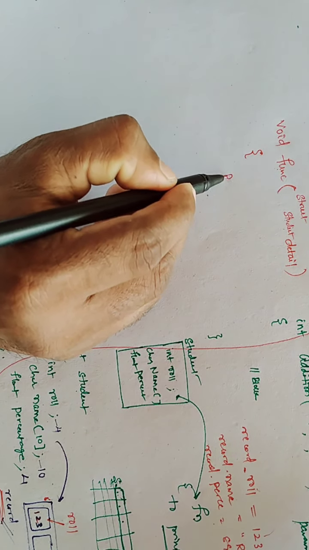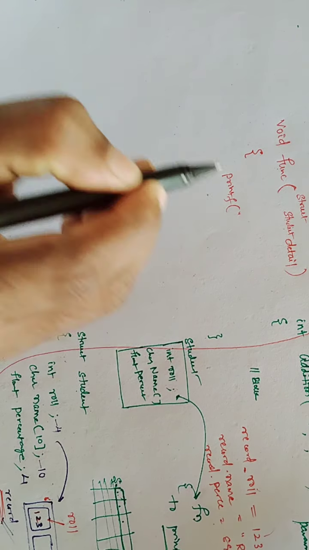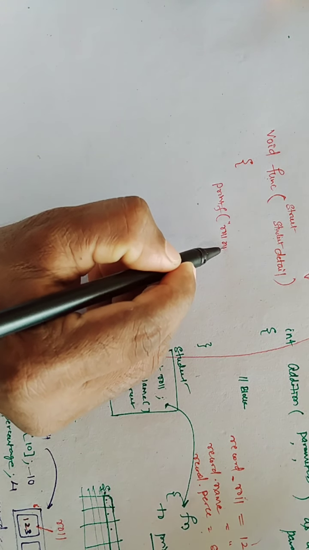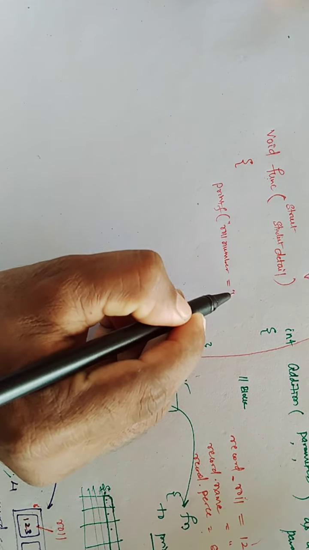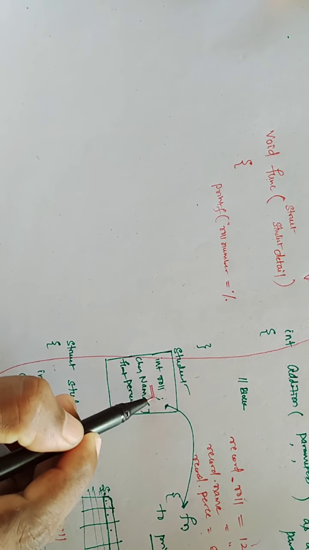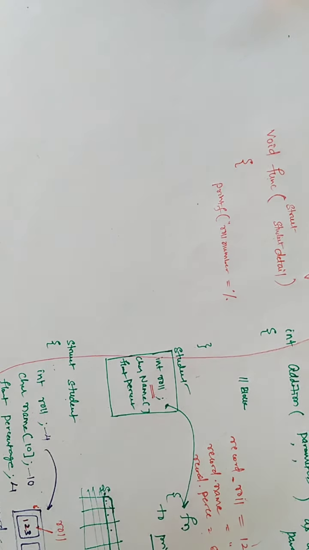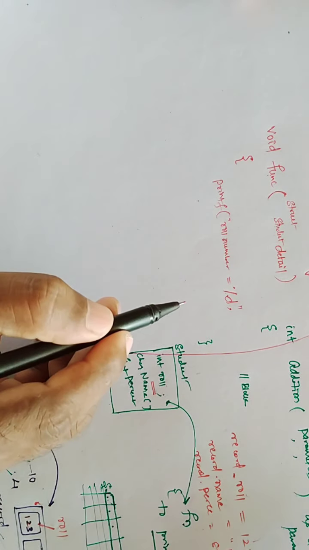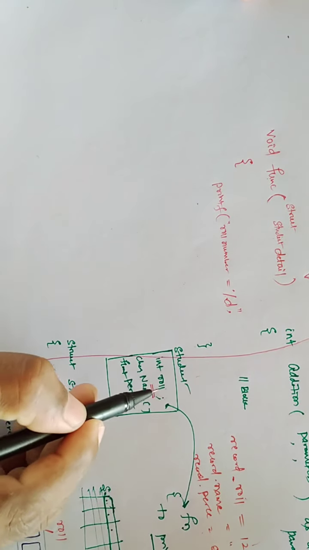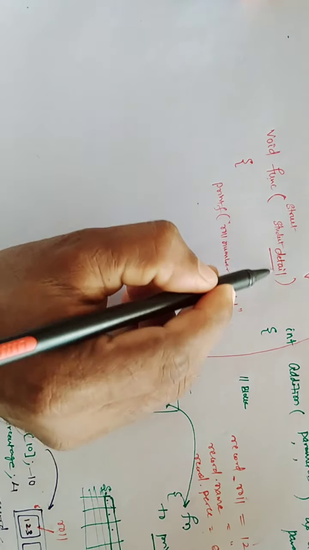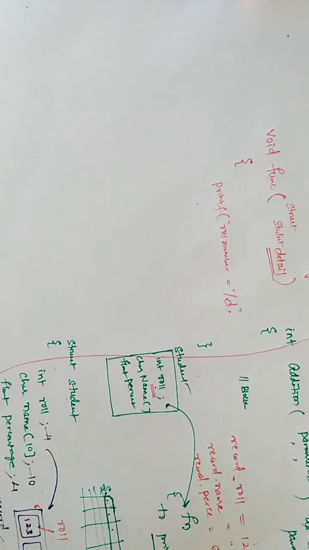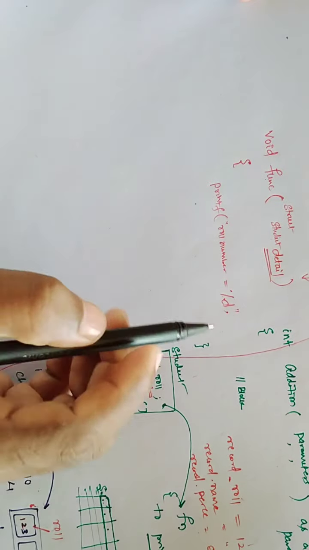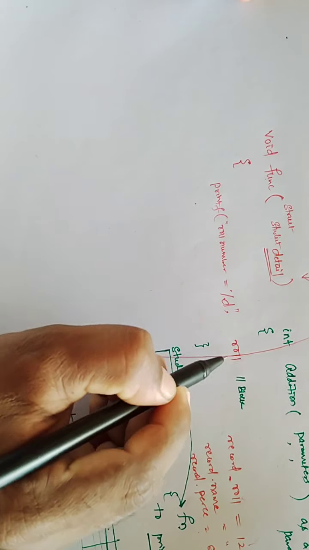In this, if I want to print something like the roll number, then I will write roll number equals. Roll number is of what type? Integer type. Therefore, I have to use percentage d, comma. Now tell me what I have to print? I have to print roll. Whose roll? Now it is detail roll, because we already passed the input to detail. Therefore, all the elements we passed will be under detail.